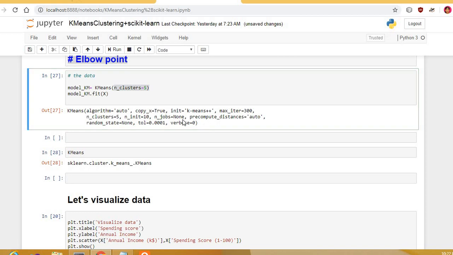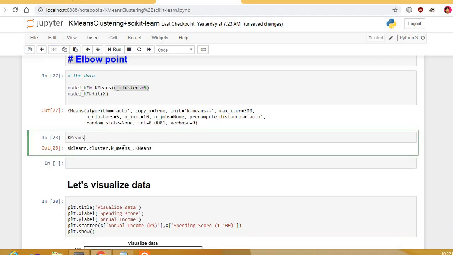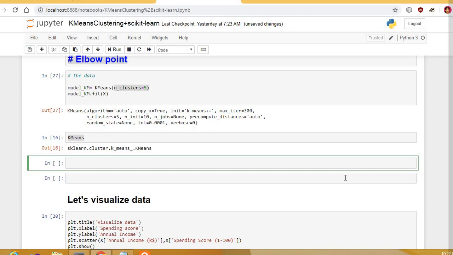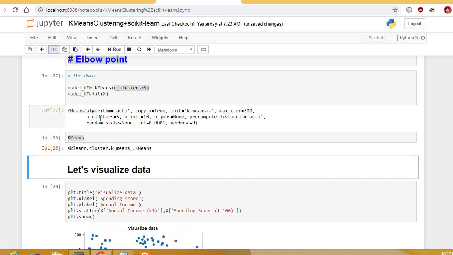This tells us about all the k-means algorithm's parameters. It says sklearn.cluster.KMeans.